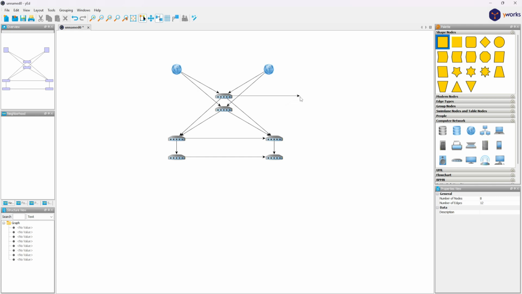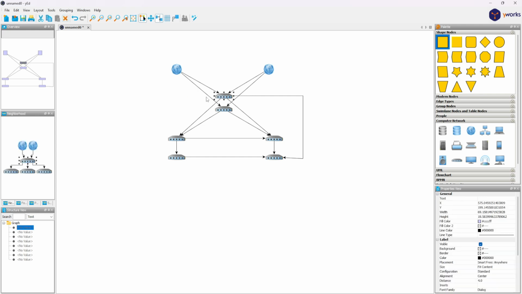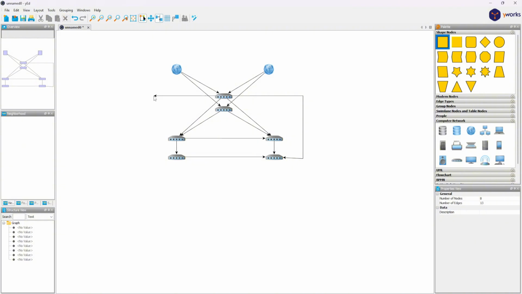I'm not a good drawer anyway, but I'll try my best. So for the sake of redundancy, we are actually